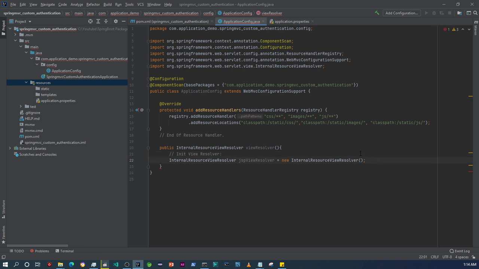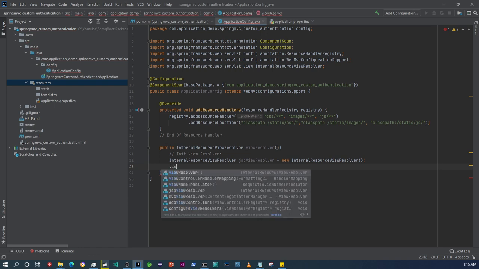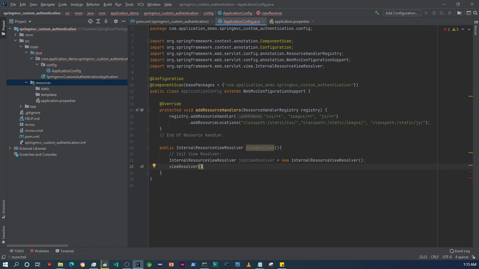So now what we need to do is set up the prefix for where it will find our views and so forth. So for that, what I'm gonna say is view resolver. Oh, sorry, JSP view resolver dot set